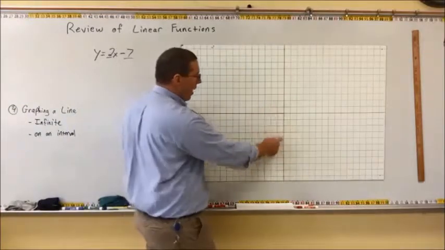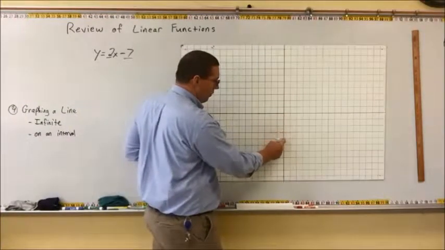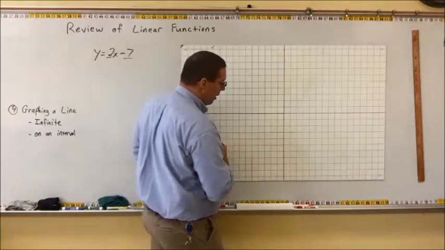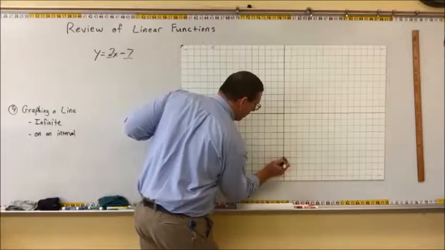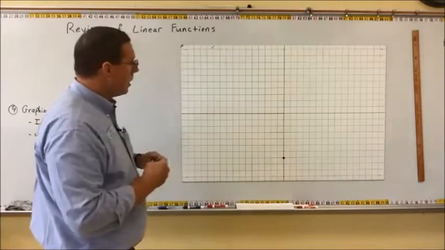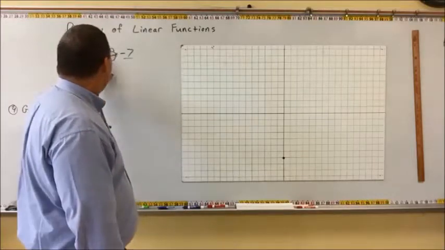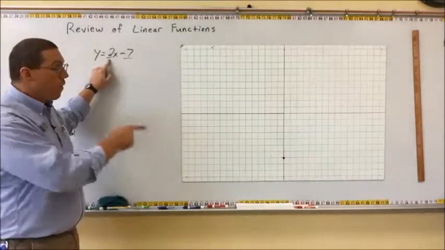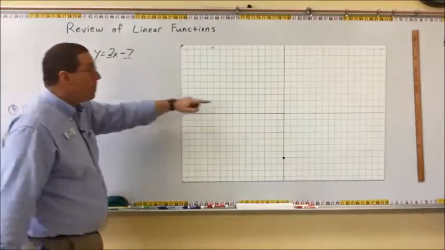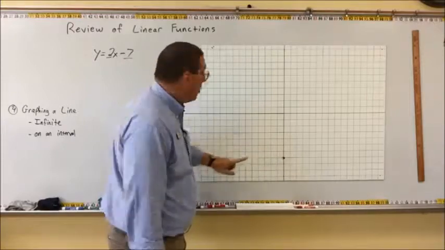Negative 7 is down here, so we're going to start at the origin and go 1, negative 2, negative 3, negative 4, negative 5, negative 6, negative 7. And we're going to put a dot there. Then we would identify the slope, which is positive 2. And from that same point, not up here, don't go back up here, from the point you just plotted,